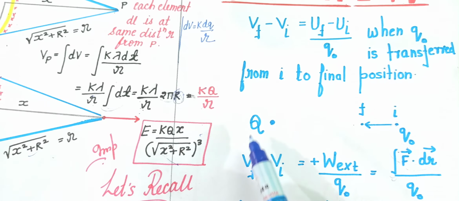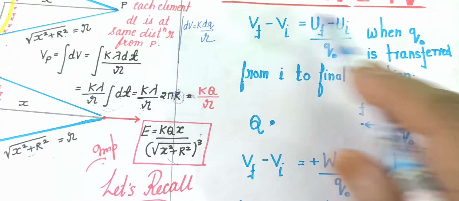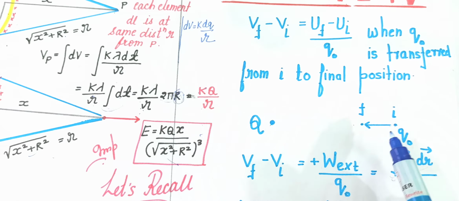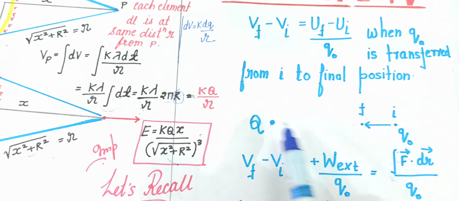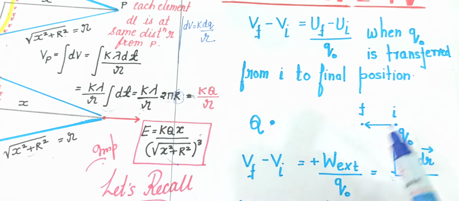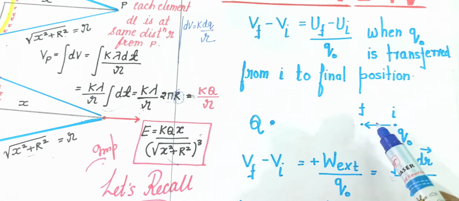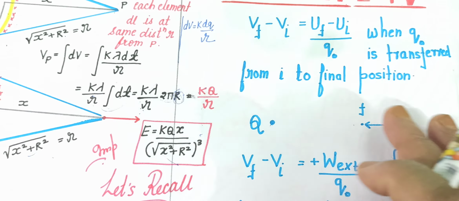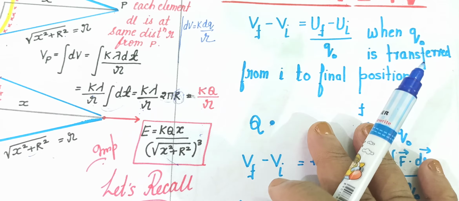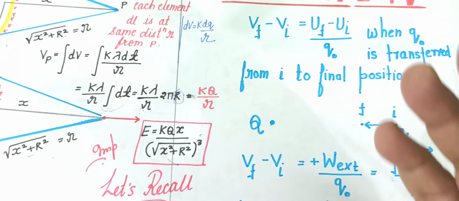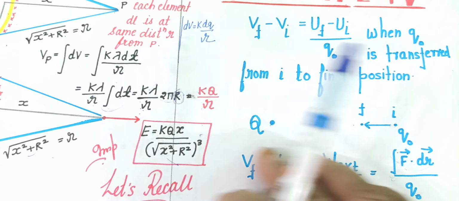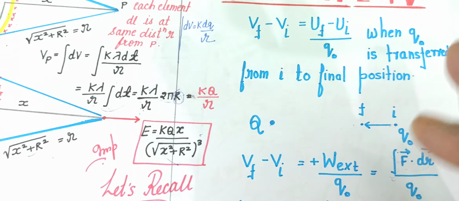Here is Mr. Q, who is having electric field around him, and a tiny charge q is placed at some distance. Now this tiny charge was brought from infinity to this point in the field of Mr. Q, and the work is being done. So the work done was stored in the form of potential energy of the system in the electric field of Mr. Q. This is the story of Mr. Q and his field.